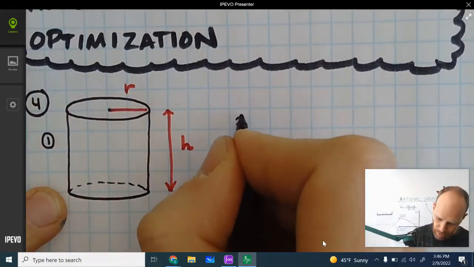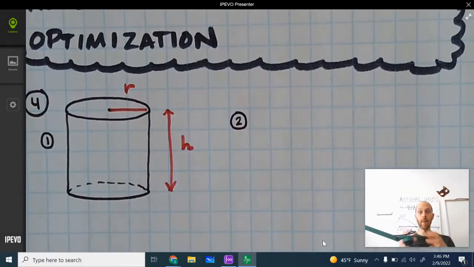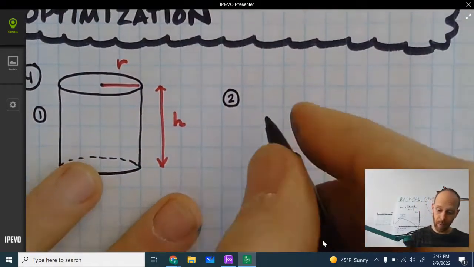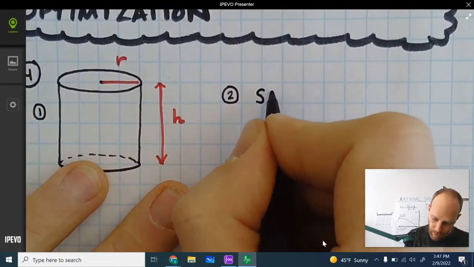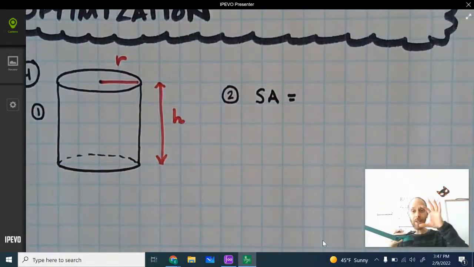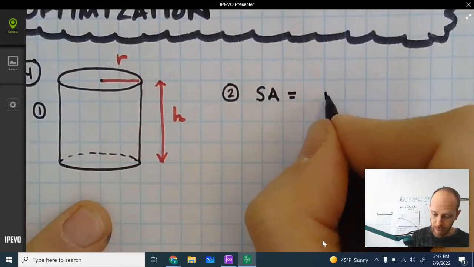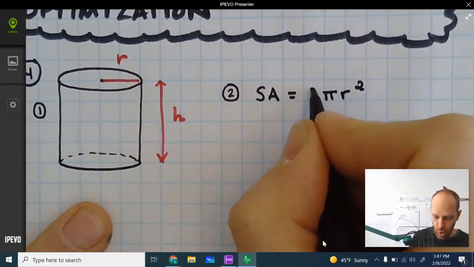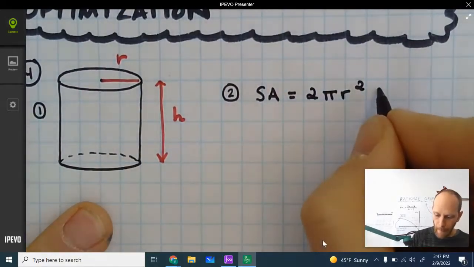Step number 2 is to write an equation for the thing that you want to minimize. And this problem asked us to minimize the amount of surface area. So if you take the lid and the bottom and then this distance around, we want to make that surface area as small as possible. So I'm going to write that equation this way. Surface area of the can is equal to, it's got 2 lids, right? And both of those lids are circles. So that's pi r squared. And there's 2 of those. Plus,